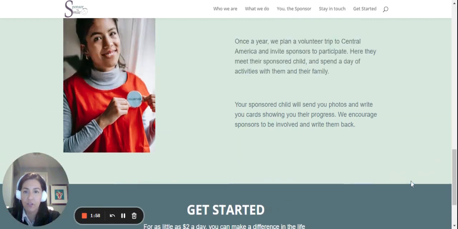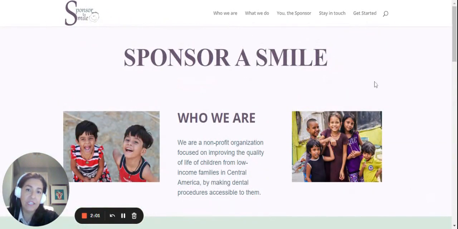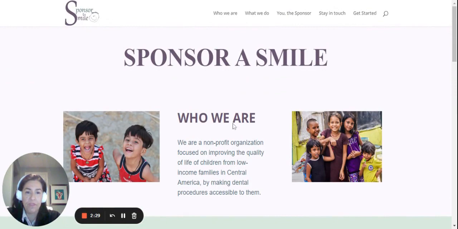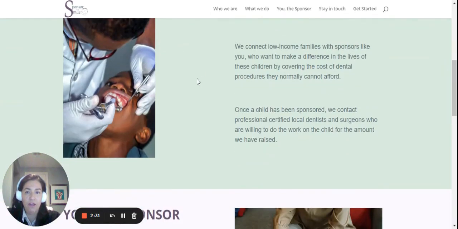The colors that I chose were based on research that I did, based on my target audience, which was a woman in her mid-40s to 50s. The ideal colors were lavenders and greens, and green was also a color that is associated with health. So because my website is based on helping dental health in children, I decided to use lavender, a very ghost white for the background in order to keep the focus on the intention of the website,